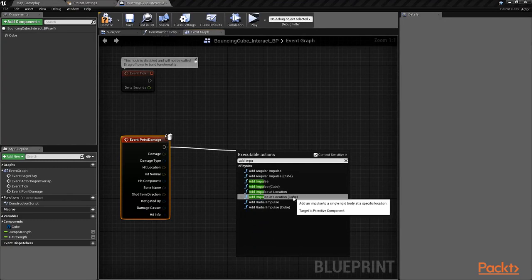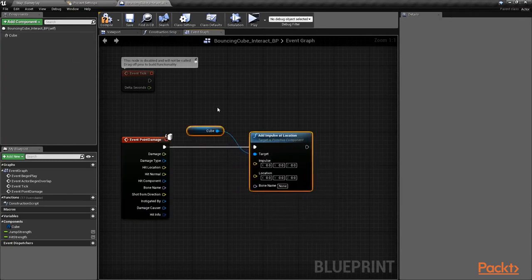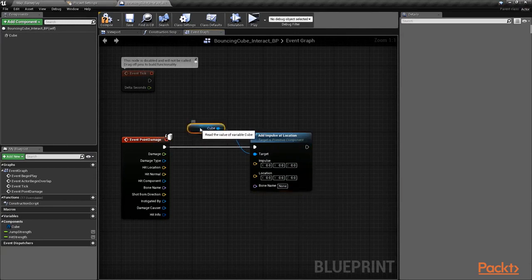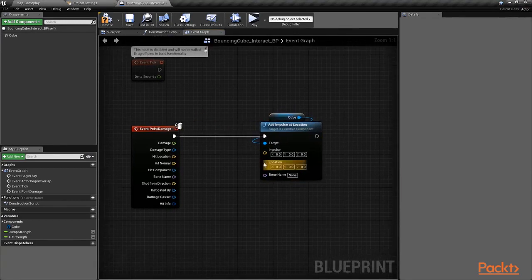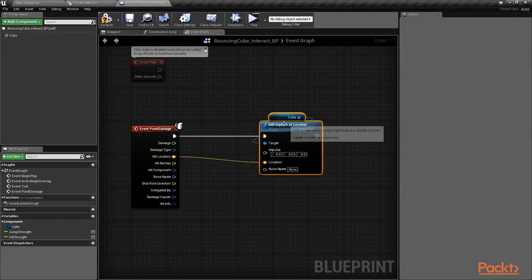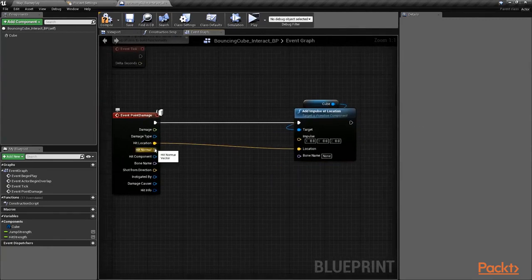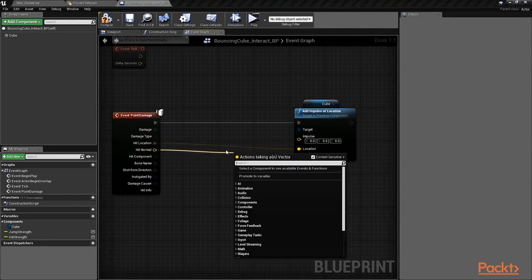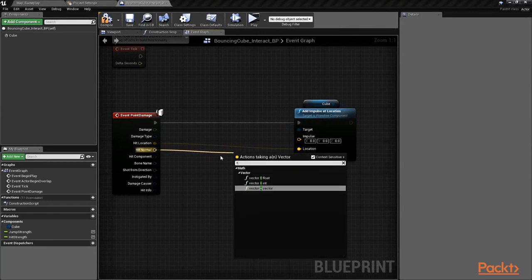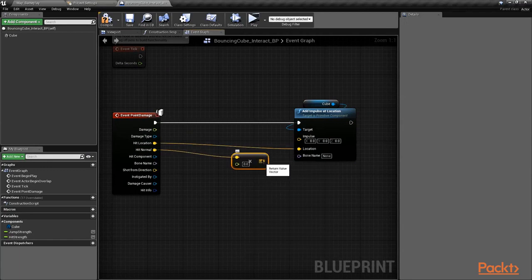We're going to have the one that has the cube in parentheses, so that way we don't have to click and drag it into the event graph. It's just already made for us. For our location, we're just going to use the hit location. For our normal, what we're going to do is multiply by a float, and we're going to drag the result